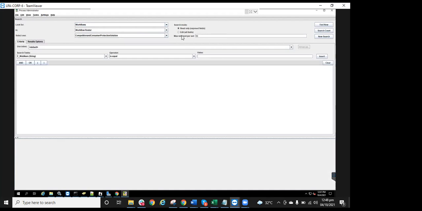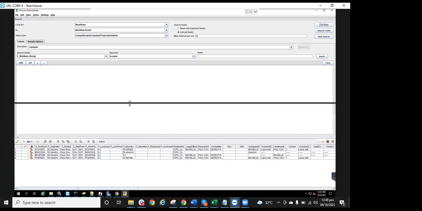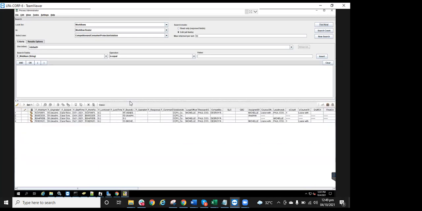And then the search mode, you want to deselect this read only, and you want to click on edit, so you can actually administer the workflow. Once you do that, you can click find now, and it will display the cases in the system. Currently, we have only 4 cases in the system. There may be a time where they have a lot of cases in the system,